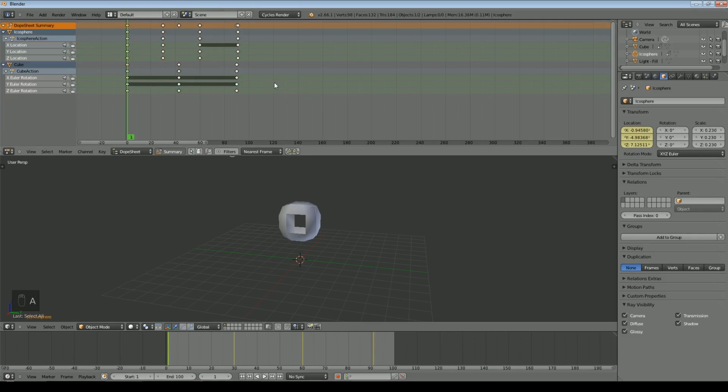But if I deselect them and then using the normal controls that you would use to modify an object, so that's G to grab and move things, or B to box select and so on, we can move some of these things around. So if we go for the cube, which is this item, and we know that those middle keyframes are representing the cube rotating. So what if we delayed it? So press B and box select.